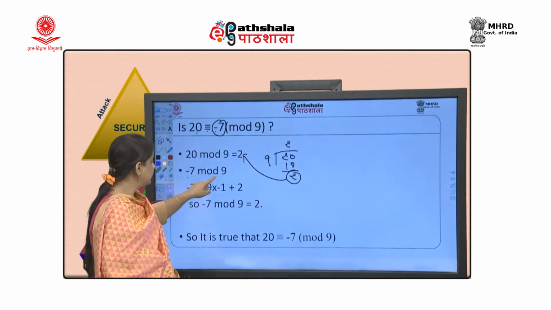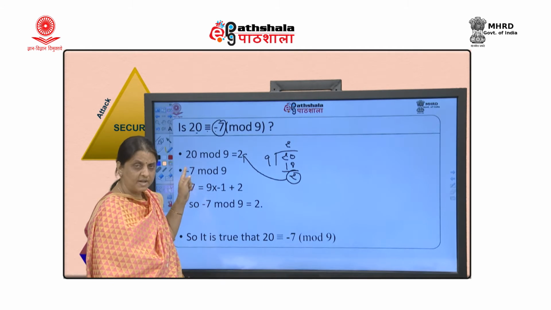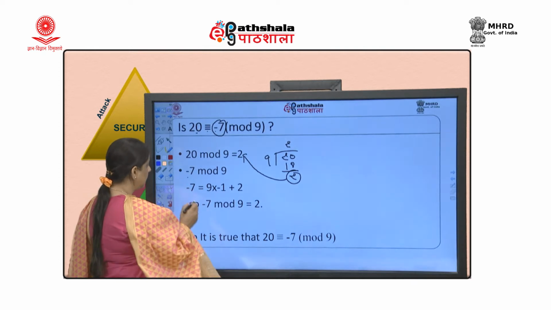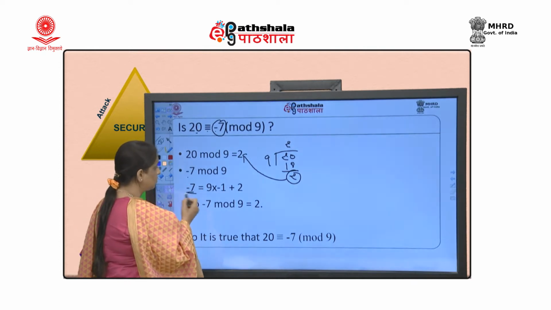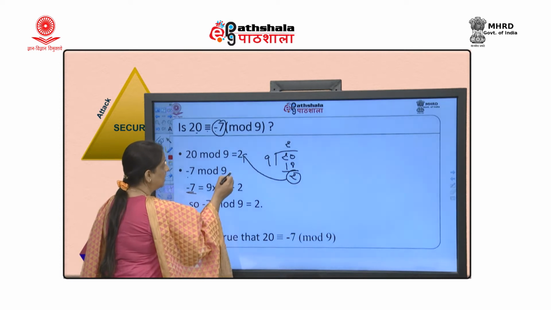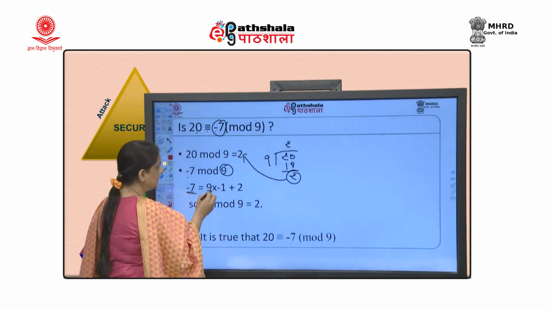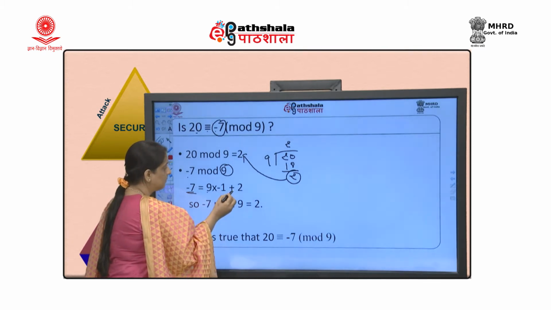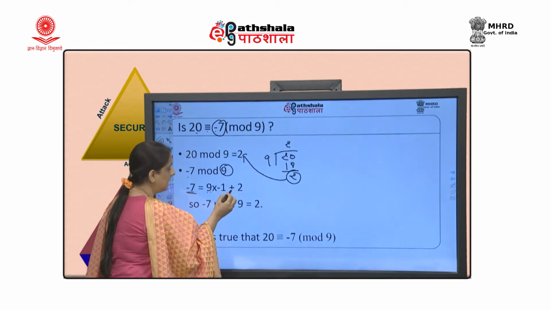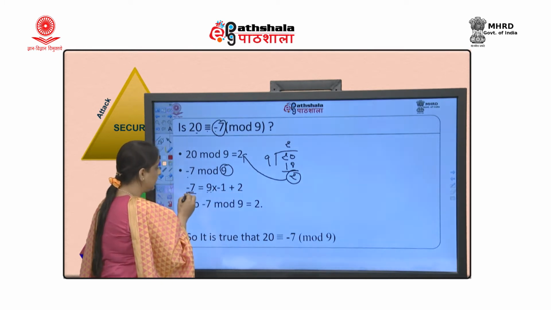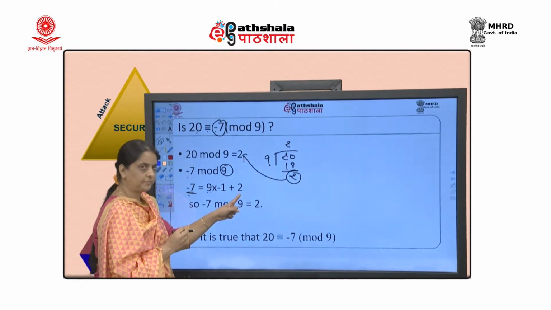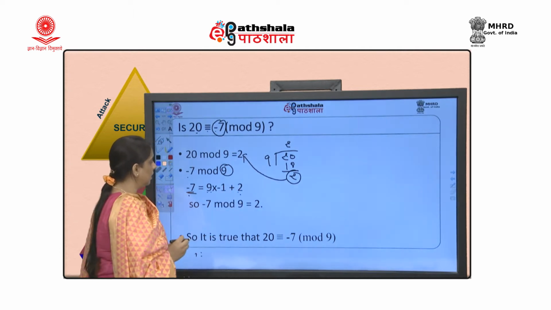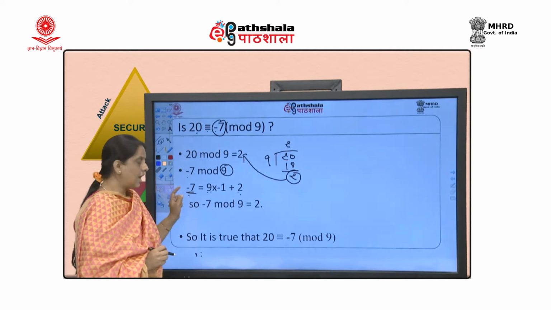Take an example of -7 mod 9. Keep my words in mind that the remainder can never be a negative number. So, how to convert -7 to a positive remainder? Start with the modulo integer, whatever the integer is, multiply it by -1. As I said, the quotient can be negative, so this gives you -9. How many positive numbers do you add so that you get -7? 2. Fine. So, this is your remainder in case of a negative integer.